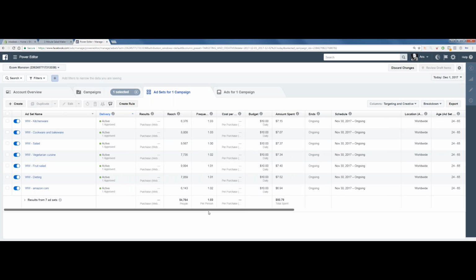So here's the criteria: if your product within 48 hours has at least 6 purchases, let's just say at least 6. I was contemplating 4 or 5, but that's a little too early, and even 6 is a little too early. But if you have a minimum of 6 to 7 purchases on an ad set, within 72 hours or so, 48 to 72 hours, you can try scaling that.